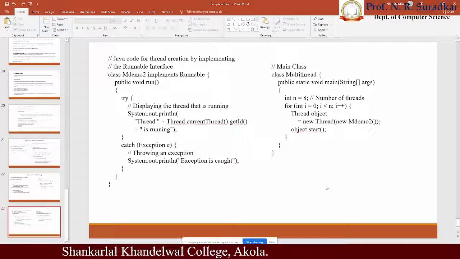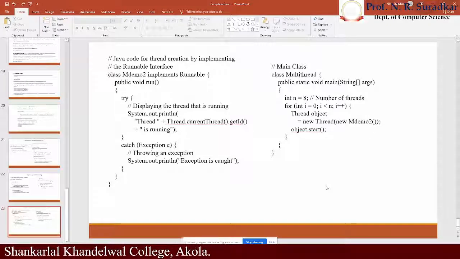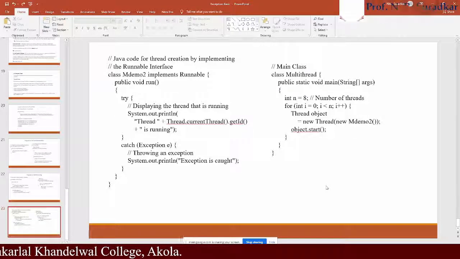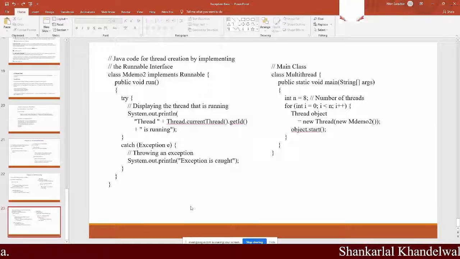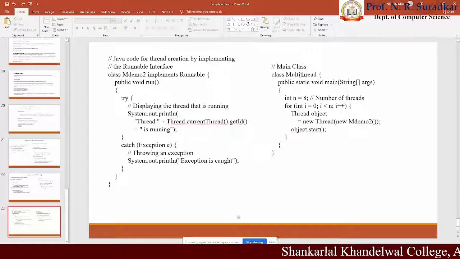Okay, same program, same concept, we only have to compile the program and execute the program. Whatever procedure we used there, the same procedure is applied here, and it will run according to the number given there, execute, and show us a result. Okay, this is all about the programs.